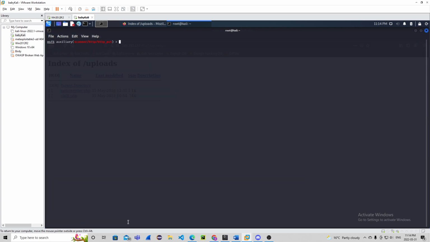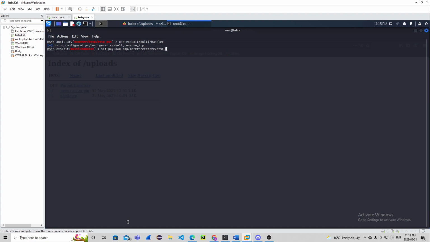So let's clear all of this. And we are going to use a TCP handler in order to intercept the shell that we uploaded onto our victim machine. So we're going to use exploit/multi/handler. We're going to set the payload. Do not forget to do this because you'll get a bunch of errors. Set it to PHP meterpreter